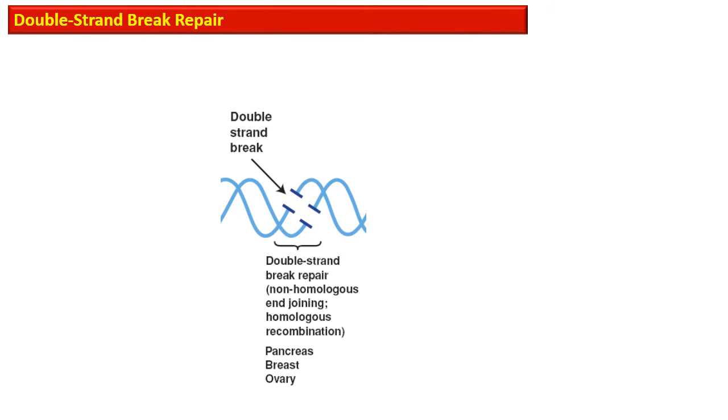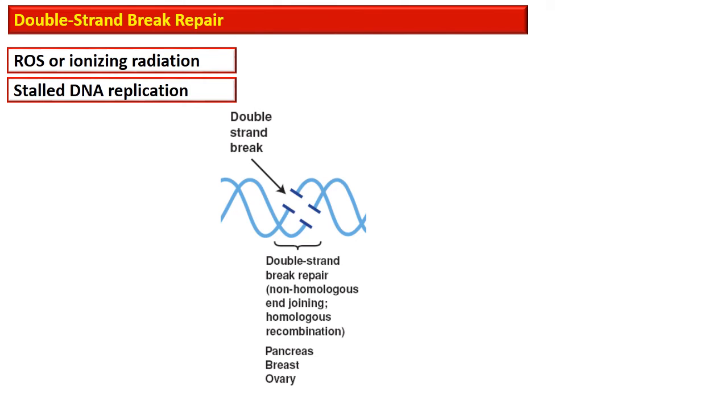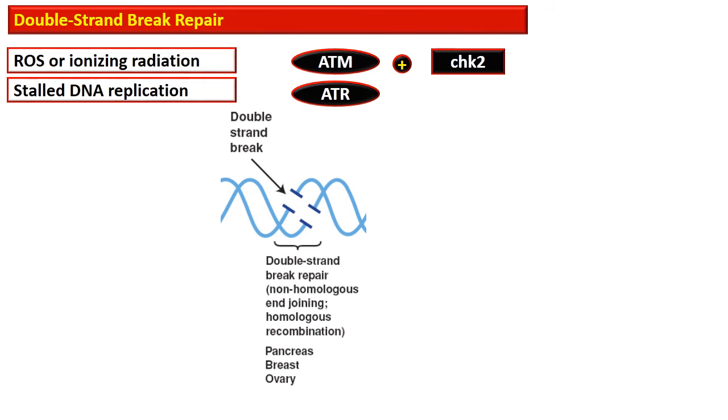Another mechanism of cellular surveillance is double-stranded break repair. The double-stranded break can be caused by reactive oxygen species, ionizing radiation, or stalled DNA replication, even after a single strand break. The sensors of this double-stranded DNA break are ATM and ATR enzymes. When this double strand break is due to ionizing radiation,